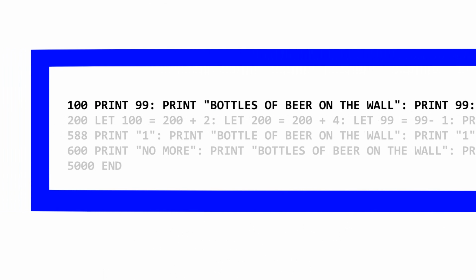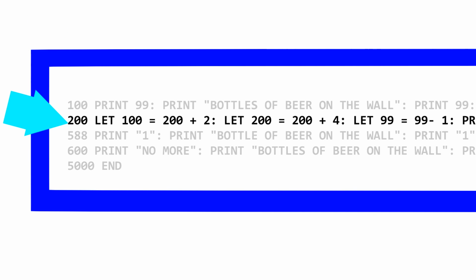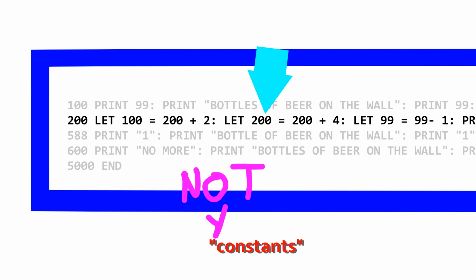At the start of the program, 99's value is literally 99. After line 100, we go to line 200. Since Forte has no way to create a for loop or a while loop, we need to reassign 100 and 200 to higher values so they have the opportunity to run again. Since line numbers follow the same rules as constants that aren't actually very constant anymore.